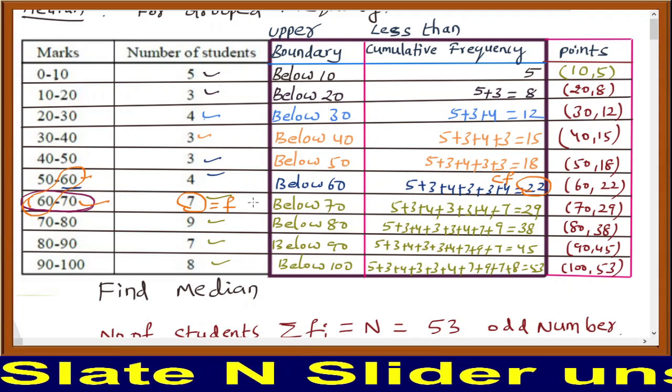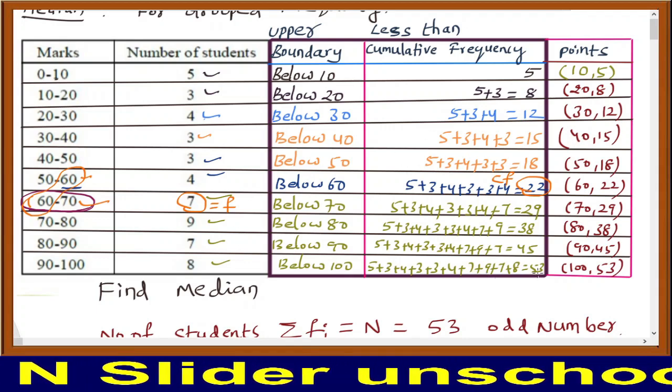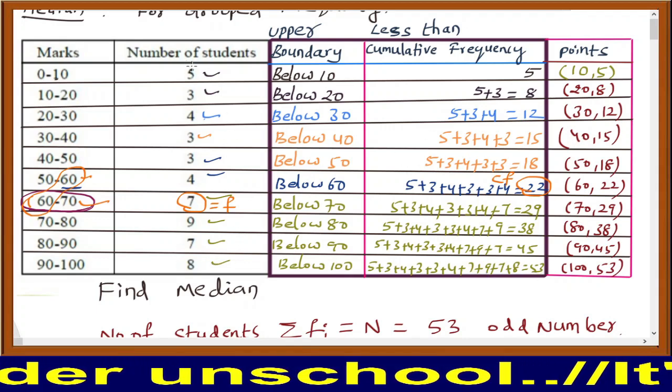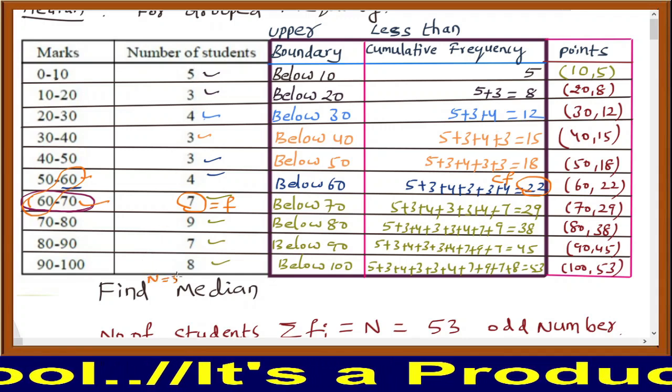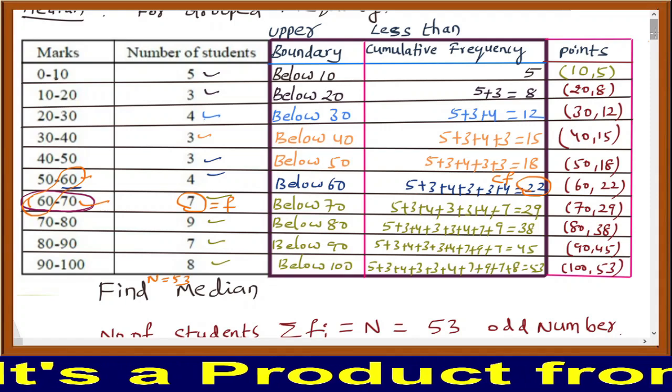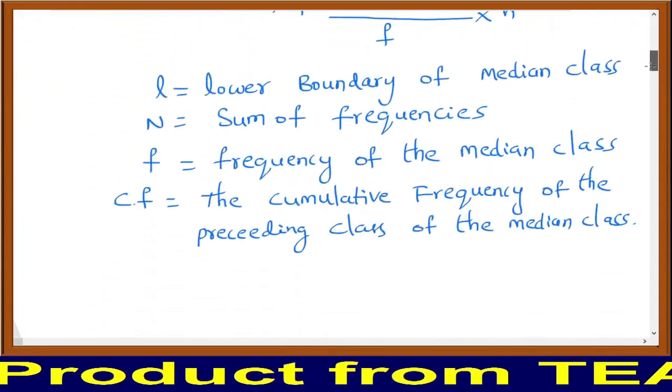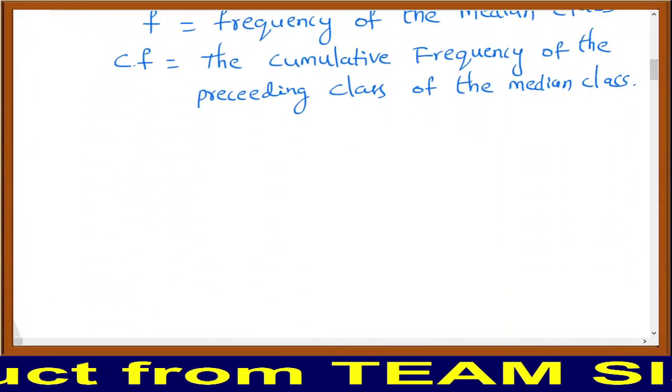So, we got all the terms, and by adding all these we get n. So, you can write here n is equal to 53. Now substitute all the values in it. So, the median is equal to